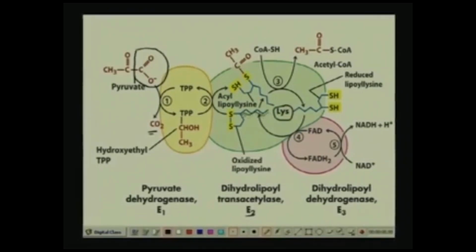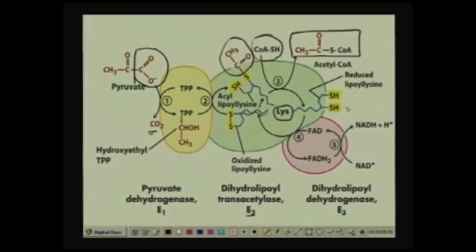These are the lipoic acid chains that have the dithiol, and one of the thiols picks up the acetyl and has it linked to the sulfur of the lipoamide, right? The lipoic acid part here. Now what happens is, coenzyme A comes into the picture. Coenzyme A now has to form acetyl-CoA, so it picks up this acetyl, forming acetyl-CoA, and then you have the reduced